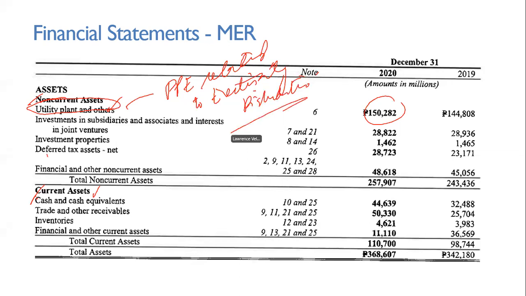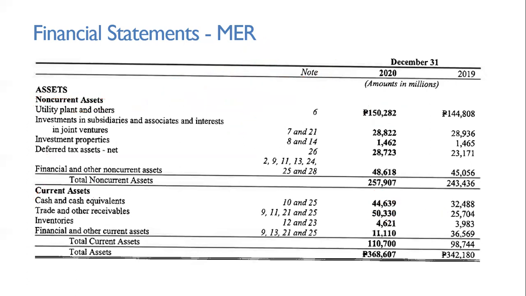Okay, so that's the critical component of the balance sheet, and that's the main item. They have a lot of cash and receivables. If you look at receivables, lumobo rin, right? Because of the COVID-19 pandemic. Okay, so yung liabilities and equity, there's nothing different, so I'm not going to show it.